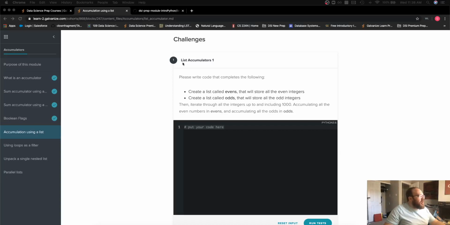The first challenge on accumulation using a list in accumulators is list accumulators. One, we want to write the code that completes the following. We want to create a list called evens, which will store all the even integers, and odds, which will store